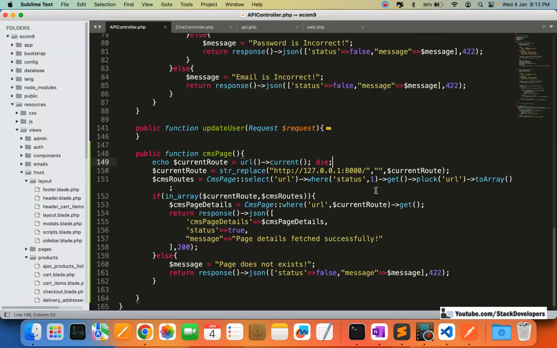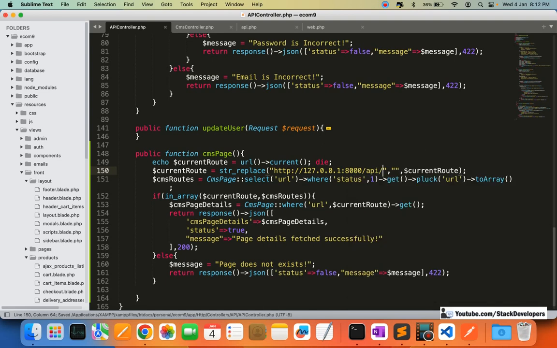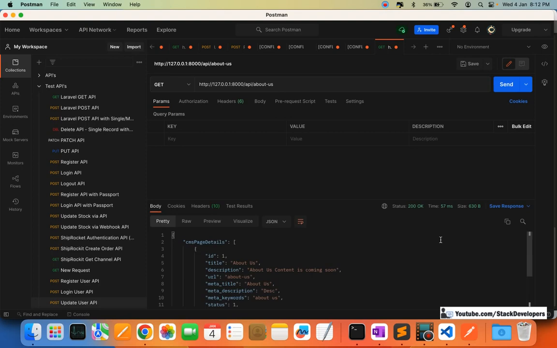See, API is coming, so here we need to add the API as well. In case of APIs, we need to add the prefix, because now we are prefixing API in front of every CMS route. So now it must work fine. Let's see. We click on send, and now this time